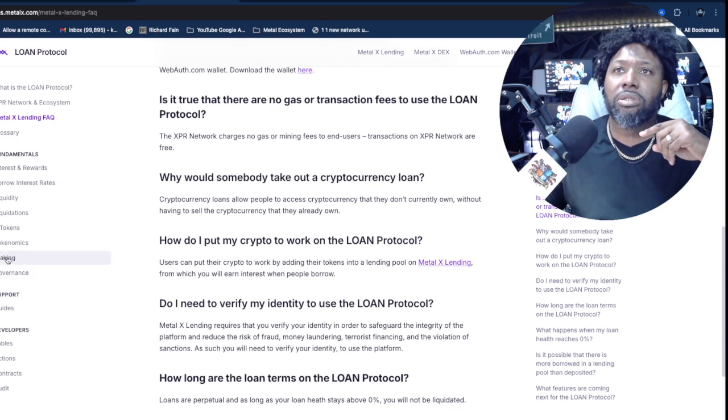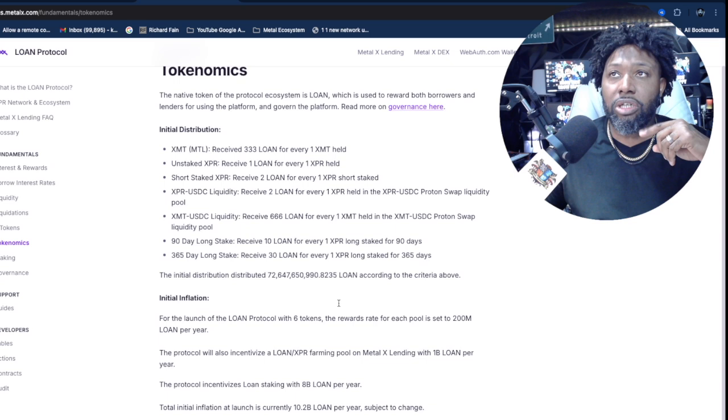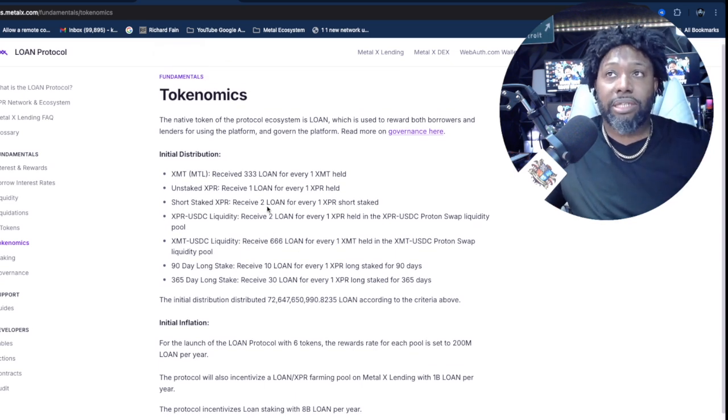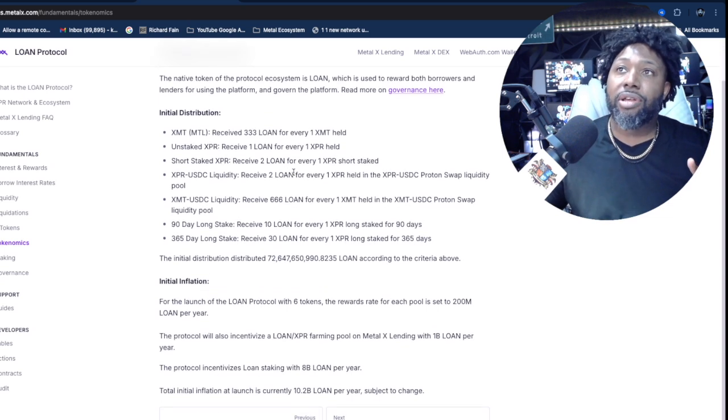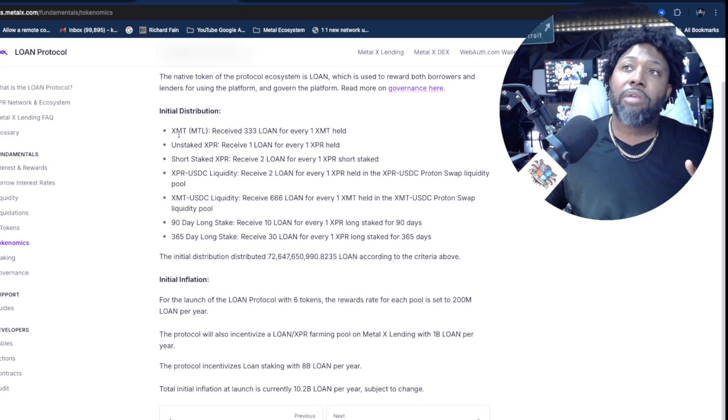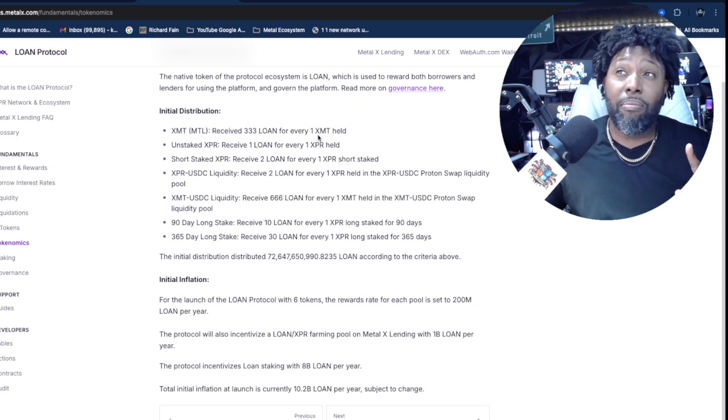Staking. Is this it? Tokenomics. So this is great too. Tokenomics. The native token of the protocol ecosystem is Loan, which is used to reward both the borrowers and lenders for using the platform and governing the platform. Now, here it is. Metal's stablecoin received 333 loan tokens for every one Metal